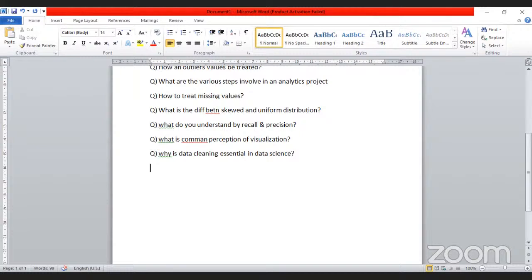That is not accurate. So if we clean the data, it will increase the accuracy of our model. It will remove redundancy in our data, right? It will treat missing values and all. And it will also minimize the computation time. That's why cleaning of data is necessary.